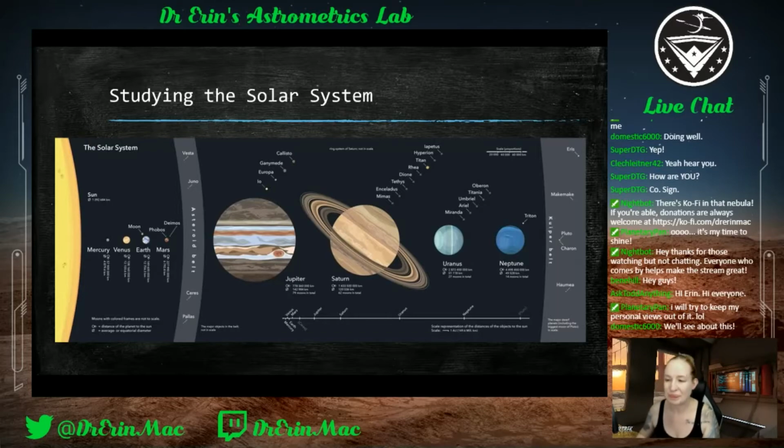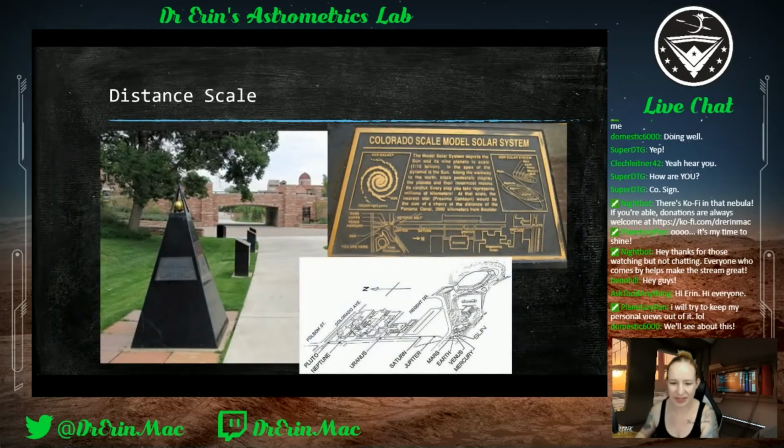But first, we're going to talk about the distance scale. Now, normally in Astronomy 101, this is my alma mater at the University of Colorado, we would go for a walk and we would talk about the distance. And we did this a little bit talking about the cosmological address, about how space is very big. That was kind of week 1. Trying to give everyone an existential crisis here.